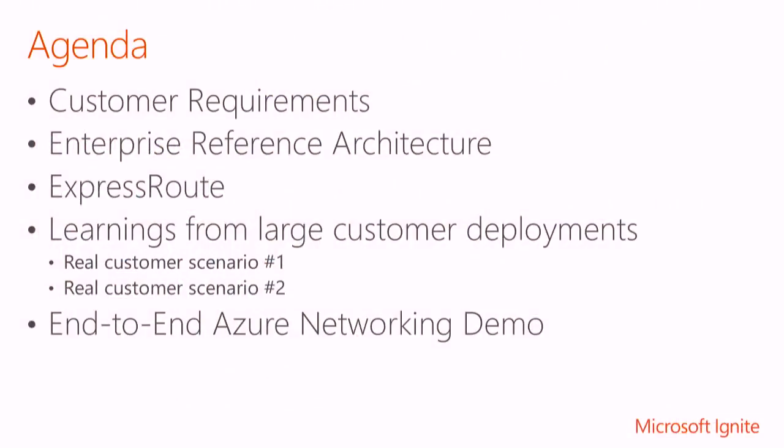So the agenda is this. When I go and talk to customers, or Balaji goes and talks to customers, the customer generally doesn't say, hey, tell me more about your Azure networking features. That's not how the discussion starts. They say, hey, I have these requirements. What can you do to help me meet these requirements? That's the customer's common ask, right? And then, can you tell me the best way to put together all these networking features? What's the right way to do it? Do you have a reference architecture?